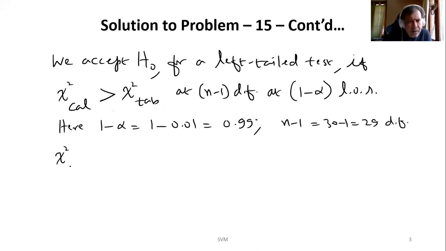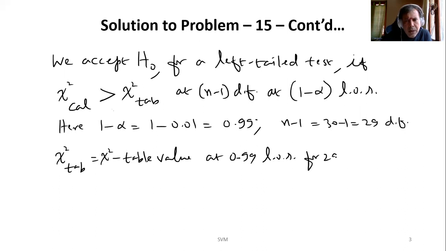So now let us see what is the chi-square table value. Table value at 0.99 level of significance for 29 degrees of freedom. We can check the tables to find out the value of this. 29 degrees of freedom, 0.99. We get 14.256 from the table. This is from the table. Now we can infer,